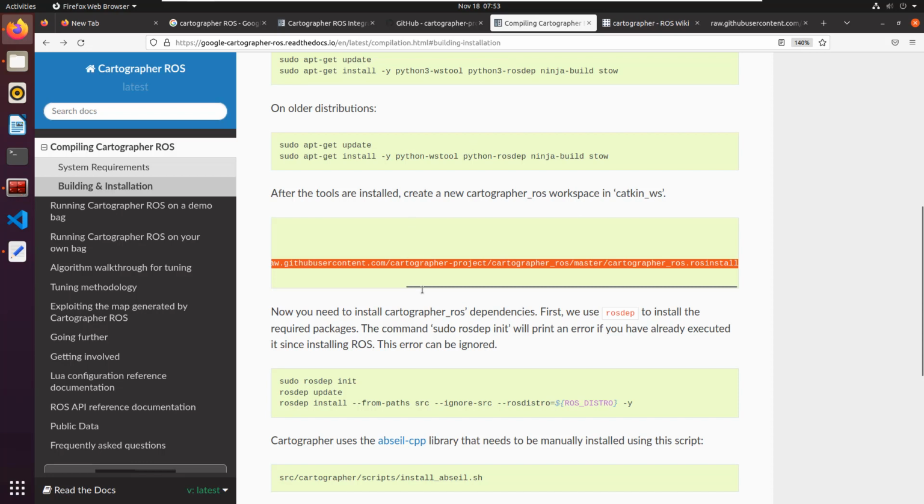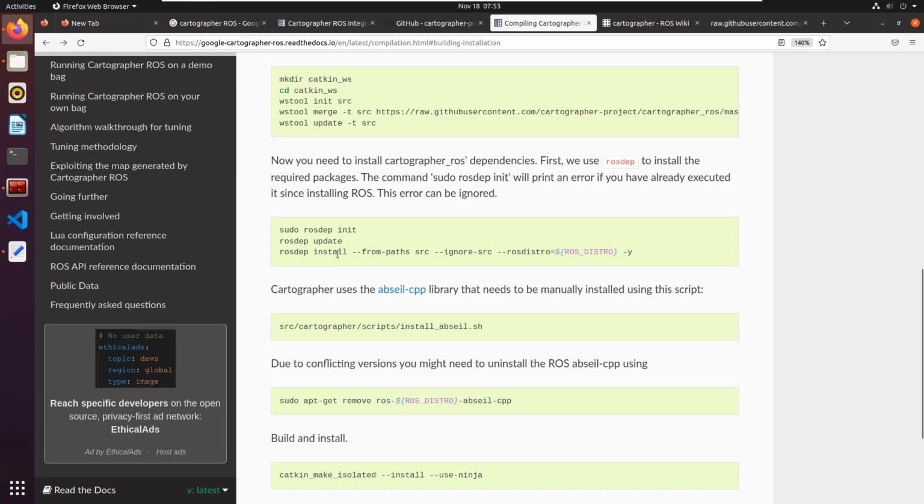So wstool will be fetching the packages from this .rosinstall file, and it will be updating it, and also using the rosdep command, which is a very popular tool in ROS 1, mainly for installing the